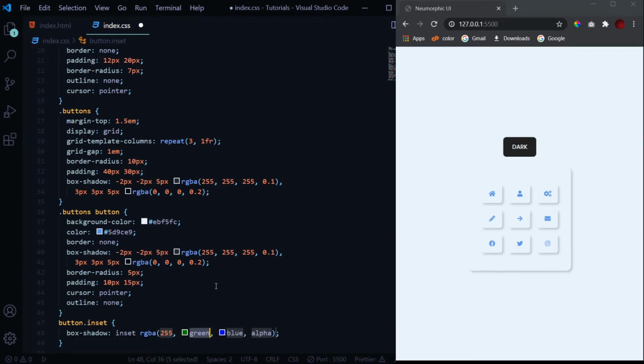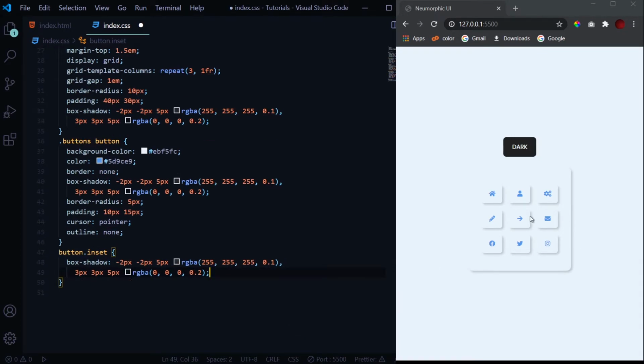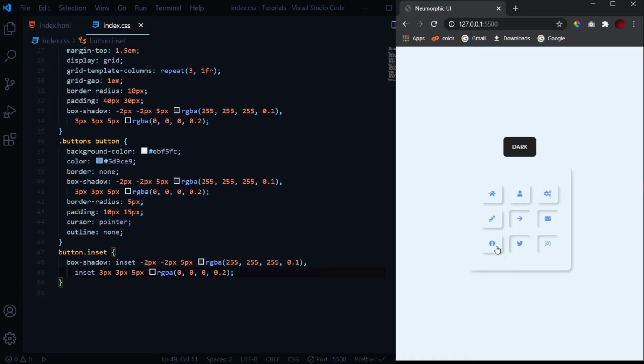It will exactly be the same as this one, but right now the shadow is outside the button, but when we add the keyword inset in front of the box shadow, then the box shadow will come inside the buttons. Like, let us see it now. When I press, the box shadows come inside the button and it looks like the button is pressed.